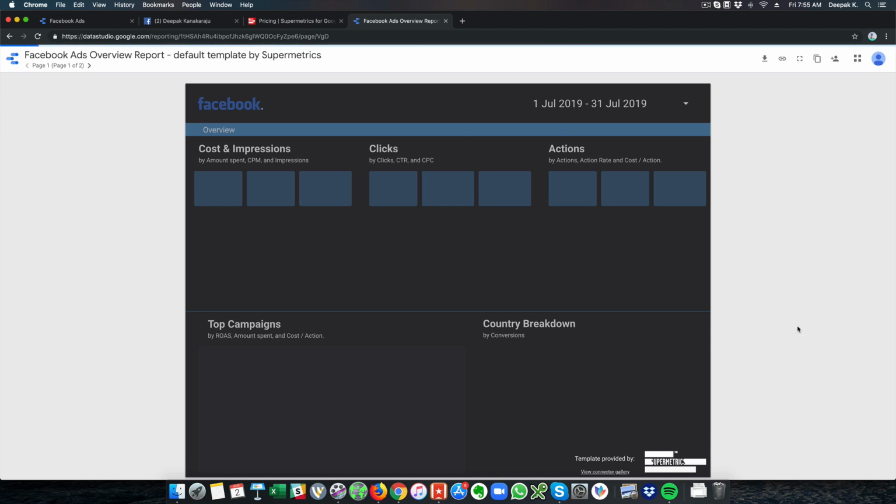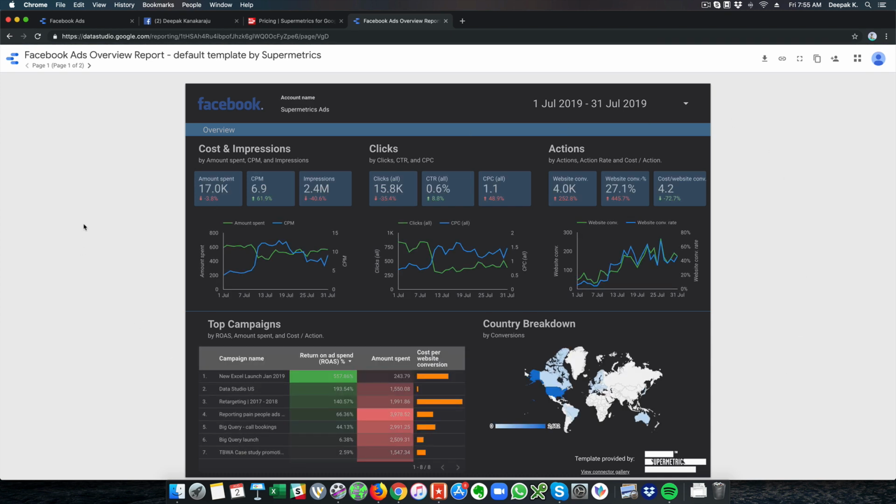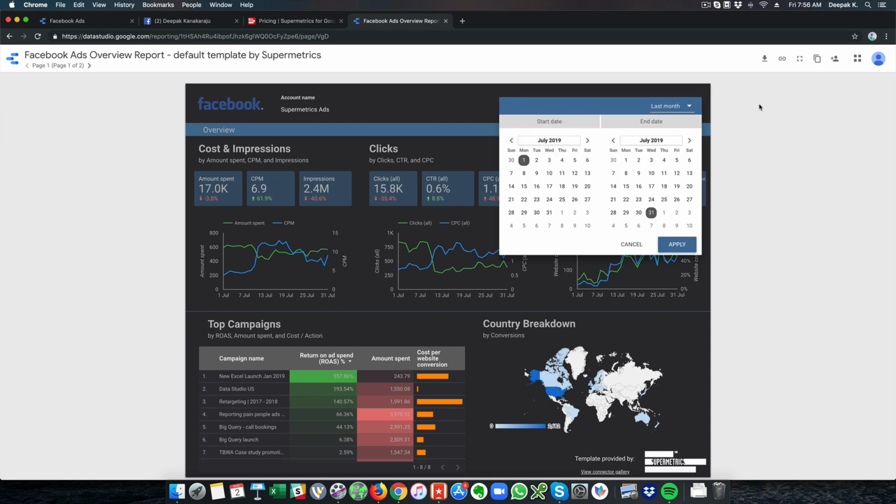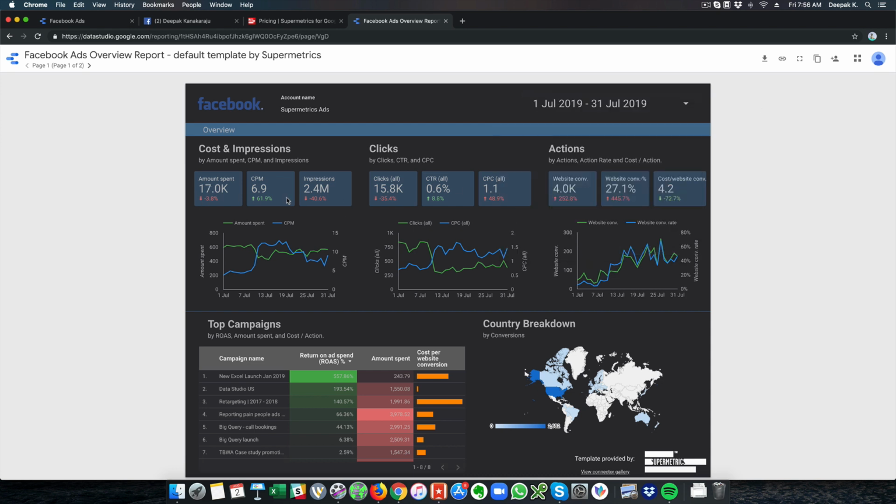This is a report with the data from my Facebook Ads account itself. It gives you the date selector, cost and impressions, CPM, clicks, and all the information that you would need. And you can go ahead and modify this report if you want, or you can create a brand new Google Data Studio report as well.